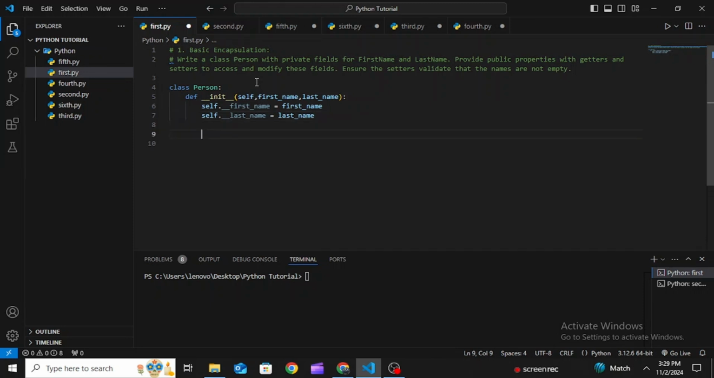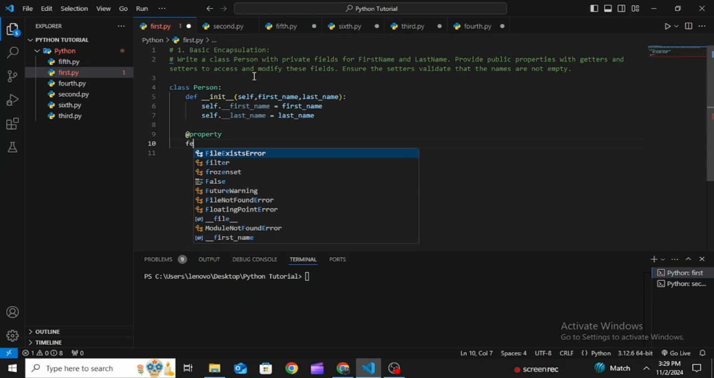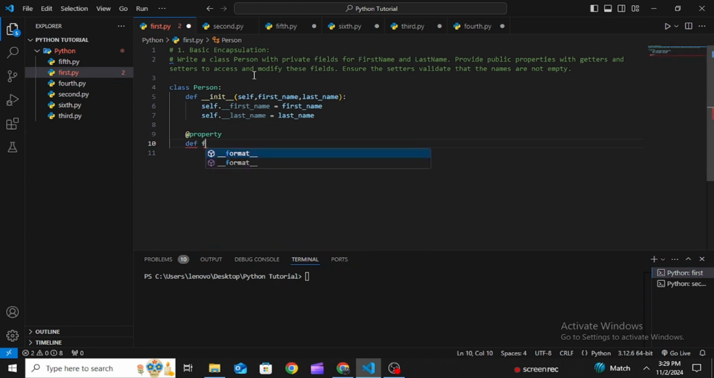Now we will use our setter and getter methods. For getting the value, we have to use the at the rate property decorator to define the getter method for the private attribute. So we will write @property here, and now we will make another method, def first name, and in this we will pass the parameter self, and we will return self dot underscore underscore